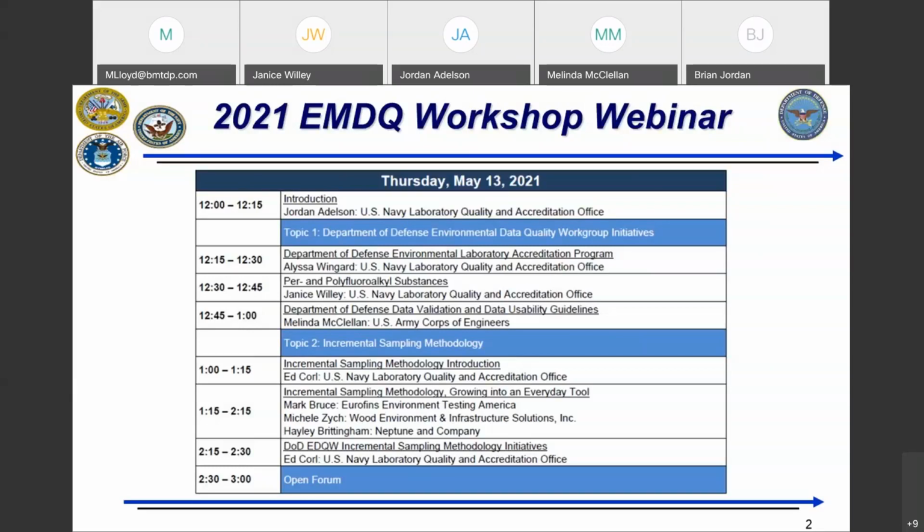Thank you, Melinda. And to continue the discussion on data validation, if a validator flags data in the database, and during the usability assessment, which usually occurs after the data validation is finished, the team decides to use the data, is the validator supposed to change the flagging in the database? So I guess it will somewhat depend on how your database is set up.